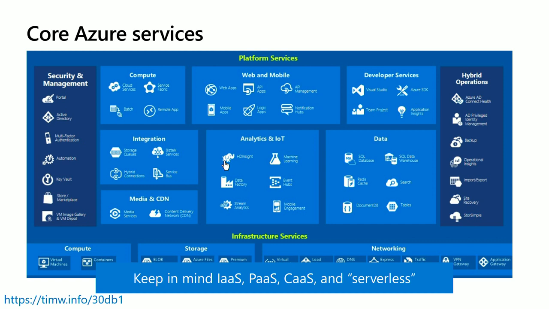So on this particular diagram, and notice in the lower left of each slide, I give you an attribution URL so you can find it on your own. I'm not sure this is relatively up to date. It certainly covers the major pieces. Notice we've got at the bottom the infrastructure services where the customer is doing most of the work and Microsoft is giving you the underlying platform. But we've got a huge array of different hosted platform services divided into different categories: identity, data, storage, and so on. So again, I want to remind you to think in terms of patterns, classifications, and groups.